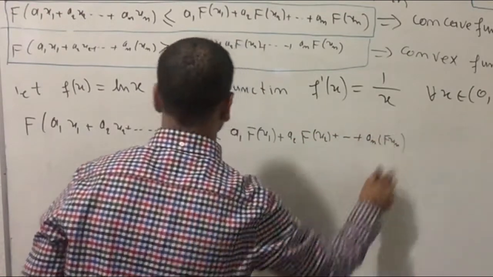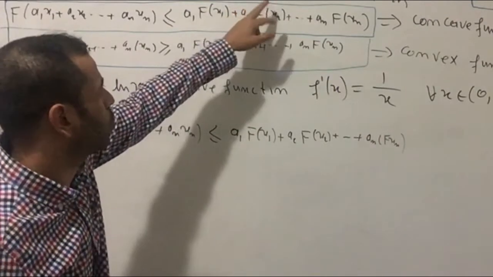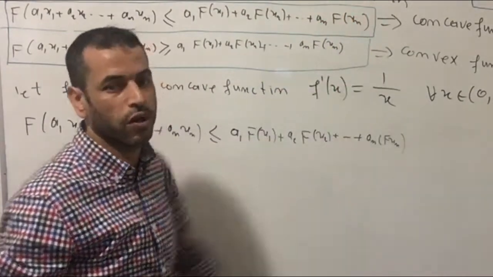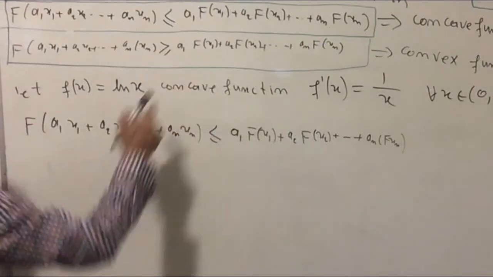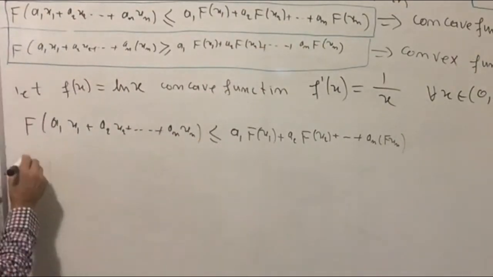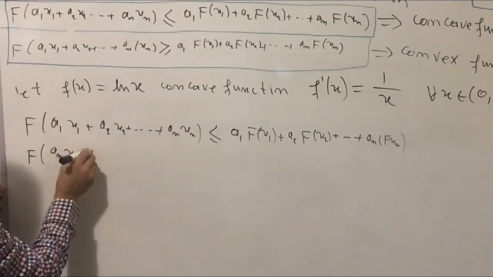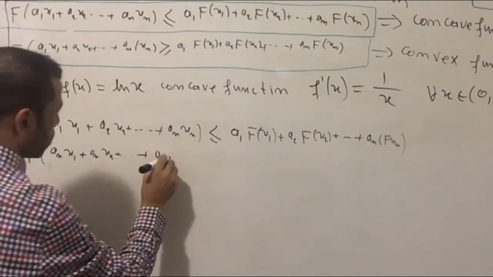We have the condition a sub 1 equal to a sub 2 and so on until the last term a sub n equal 1 over n. Let's replace this one by a sub n. So f of a sub n x1 plus a sub n x2 and so on until the last term a sub n xn,